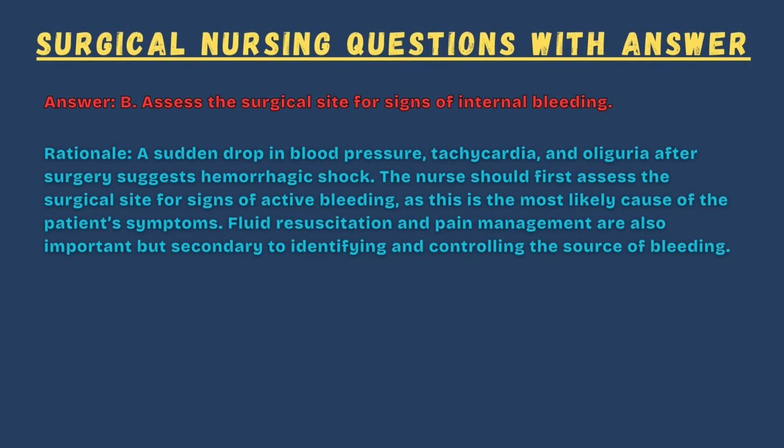Answer: B. Assess the surgical site for signs of internal bleeding. Rationale: a sudden drop in blood pressure, tachycardia, and oliguria after surgery suggests hemorrhagic shock. The nurse should first assess the surgical site for signs of active bleeding, as this is the most likely cause of the patient's symptoms. Fluid resuscitation and pain management are also important, but secondary to identifying and controlling the source